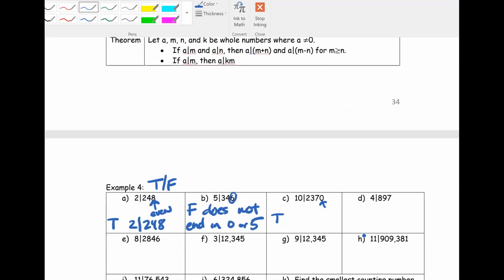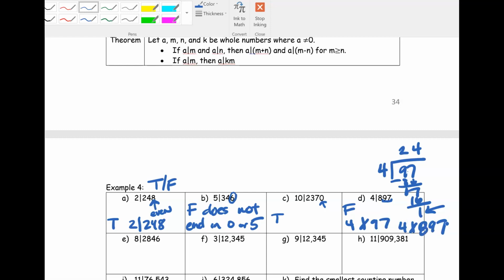Okay, so 897, instead of dividing that by 4, we're just going to look at 97. So is 97 divisible by 4? That's all we have to figure out. So I'm going to take 97, 4 goes into 9 2 times. 2 times 4 is 8. Bring down the 7. 4 goes into 17 4 times, but I'm going to have a remainder. So we're going to say false. 4 does not divide 97, so it can't divide